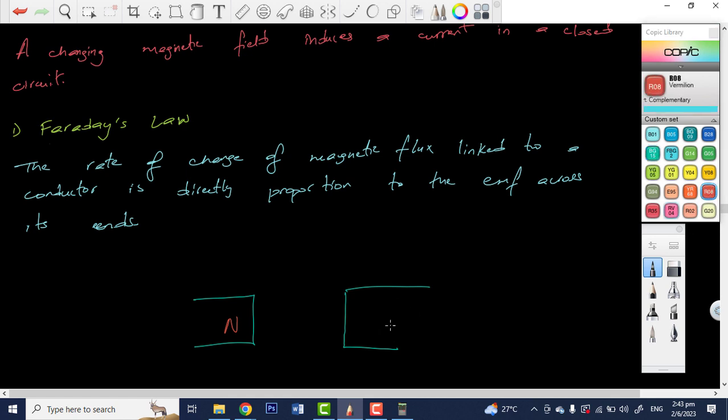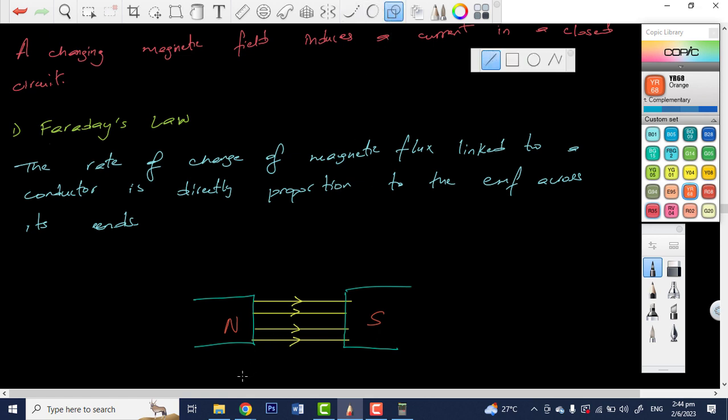So we have the North Pole and the South Pole. Now what we see is that obviously if we have a North and a South Pole, we're going to have magnetic field lines, right? Like that. Let's say those are the magnetic field lines going from north to south. Now, if we have a conductor now,